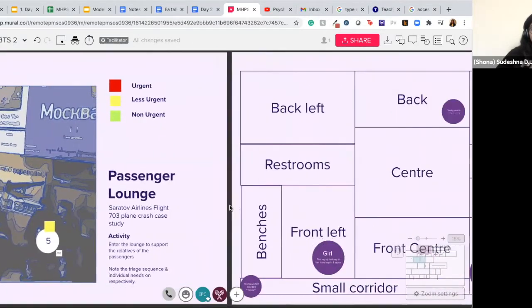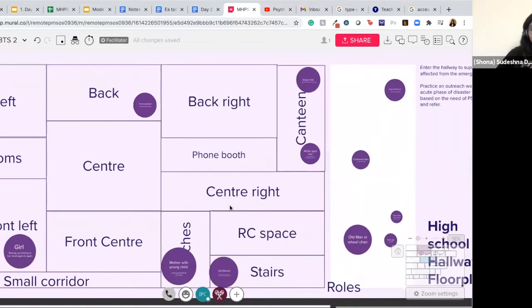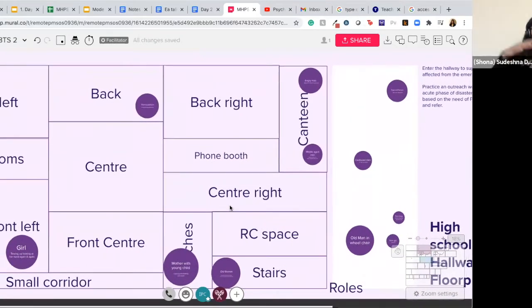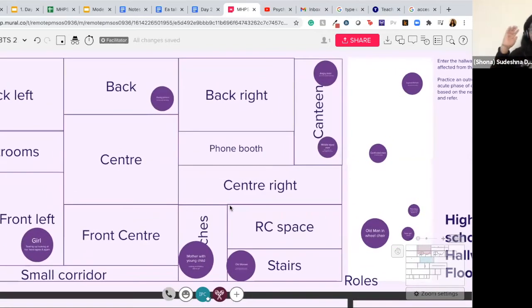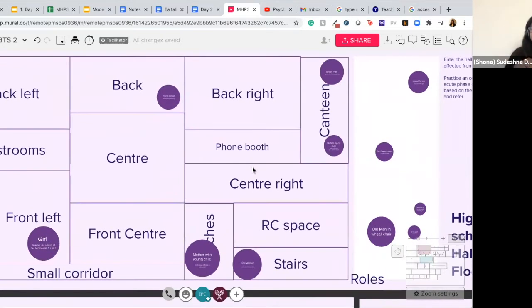And then another thing that we could do is using floor plans. This is something that we created to understand how, when we do small group discussions in Zoom breakout rooms, if you orient them in a way that there is a floor plan, people can actually visualize and imagine what kind of room they are in, where they are located. Maybe I have to go and talk to this person in the canteen. So it gives them a little sense of space that also shapes the way you have that conversation with people in terms of role plays.